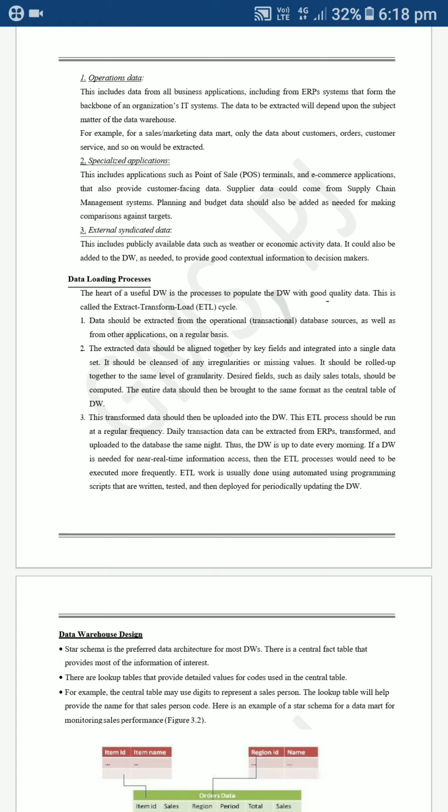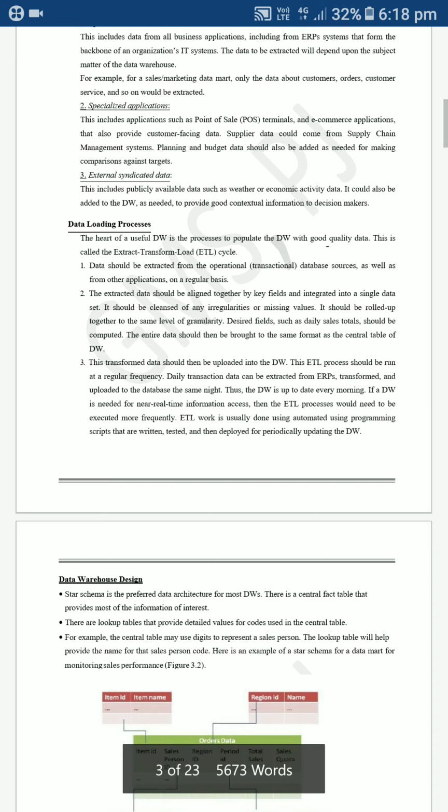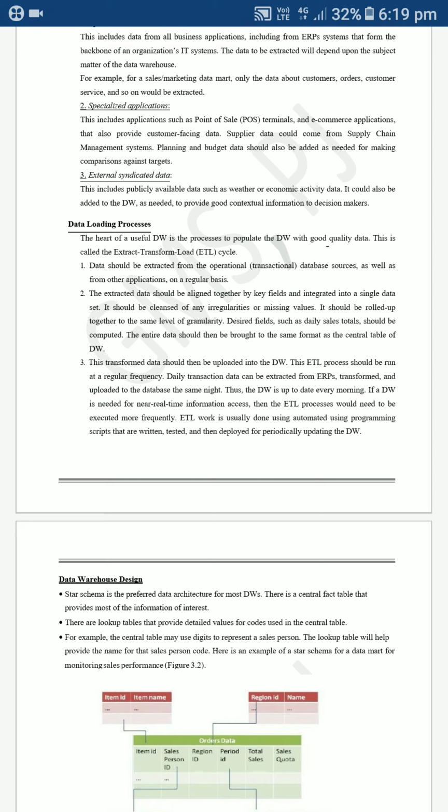Some people will be helping you. For example, if you ask about any products, they will give you those products, and if you ask about its expiry date, those people will help. Then supply chain management and planning budgeting all come under these specialized applications.